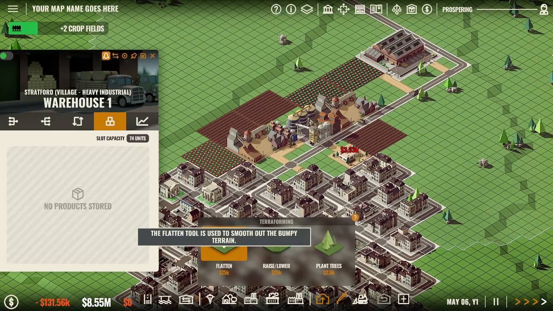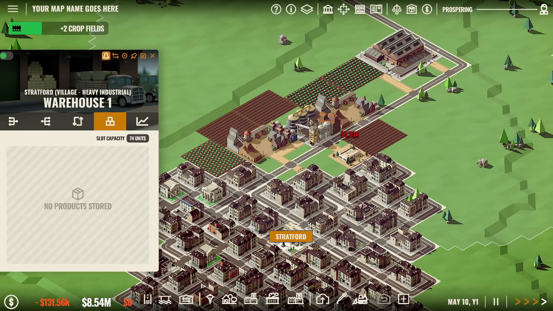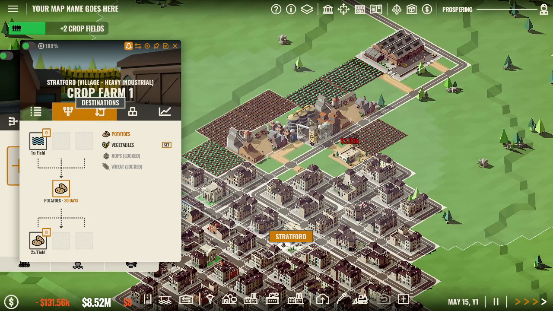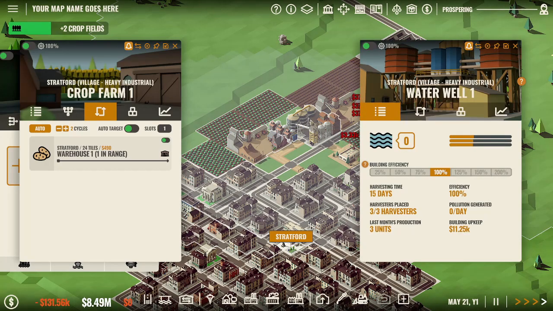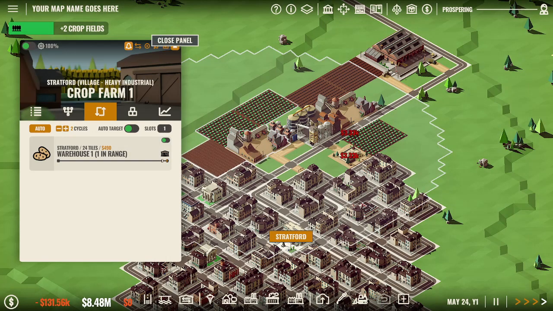Okay, I was trying to terraform those so that they make them flatter, but there we are. Okay, so a crop farm is producing. The warehouse is in range, so you see the trucks are just sending it straight up to the warehouse. Okay, the water well is producing. So that's fine. So the warehouse now should have